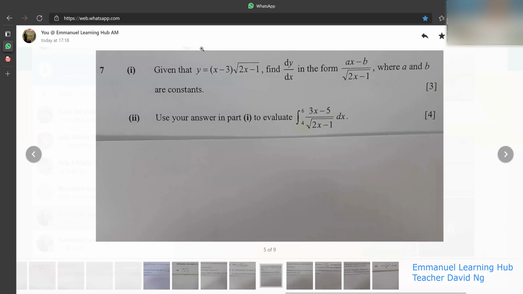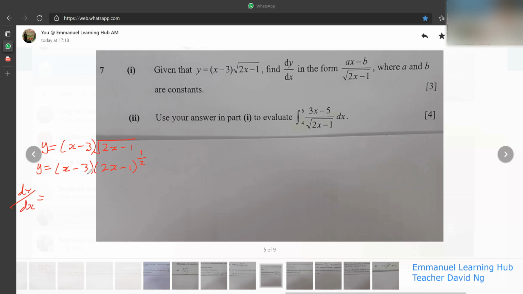Okay, question 7. They say that y equals to this value here. Find dy/dx. So you're supposed to differentiate this expression here. So your y is equal to x minus 3 multiplied by square root of 2x minus 1. So your y is equal to x minus 3, 2x minus 1 to the power of half. dy/dx,